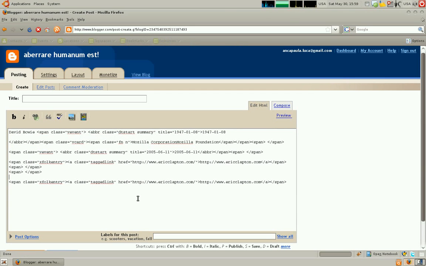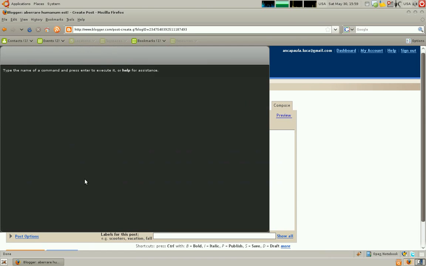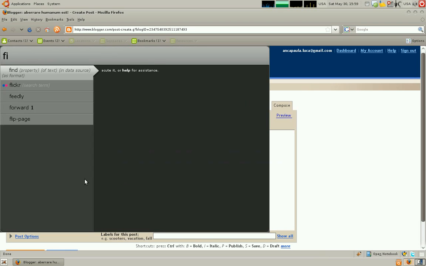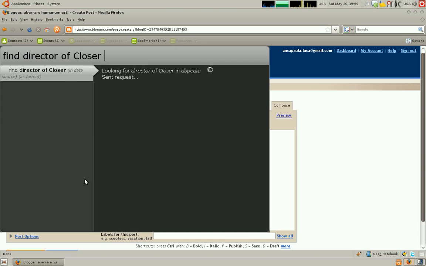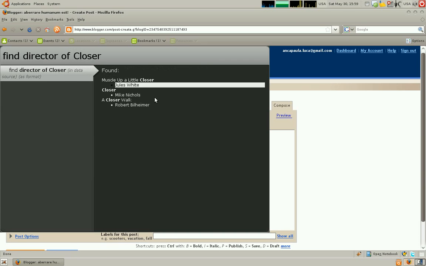For further improvement, it would be nice if I could define repositories where to look for data, or better, discover them, because as a user, I don't need to know technical details in order to be able to fetch data from a new source. Or when I looked for director of Closer, for example, and I find Mike Nichols, for example, as a result,